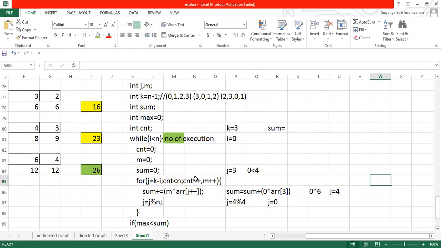We are trying to increment my counter and my m value. So what will our counter value become? Our counter value is already 0. Now it will become 1, right? So 1 less than n value 4. What is it, Surya? Modulo. It will do the modulo operator. It is not division. It is all about modulo.